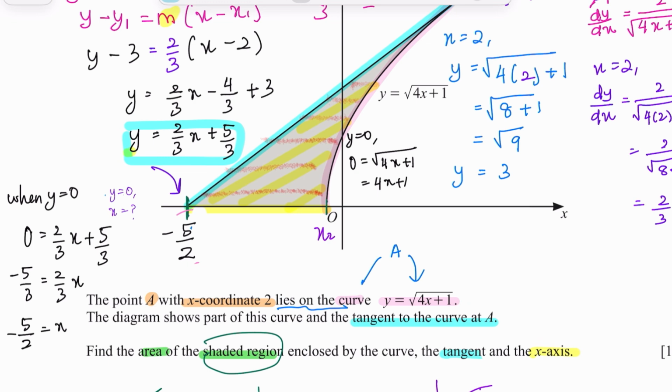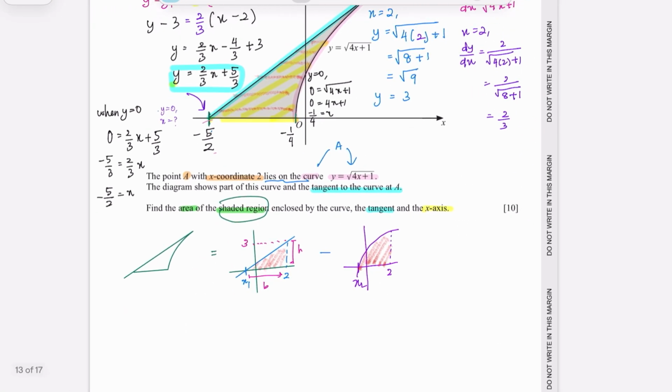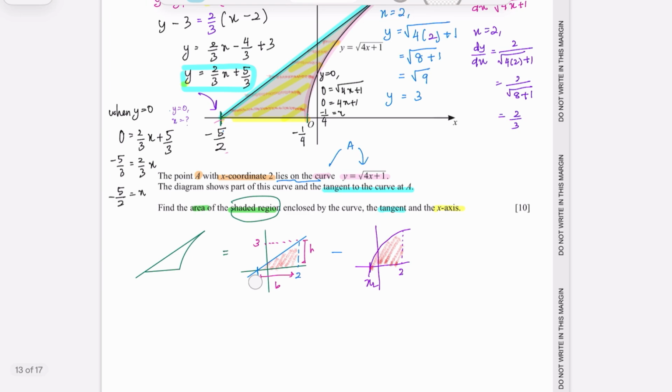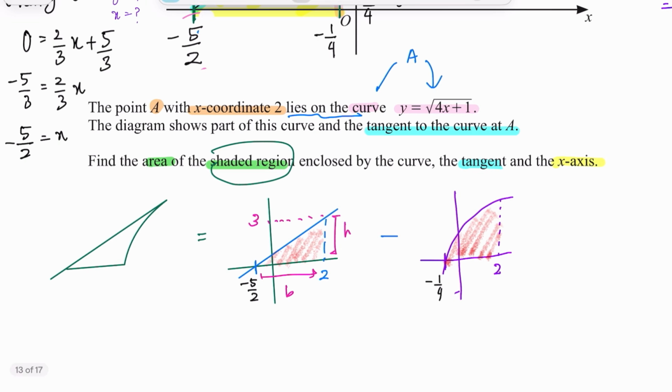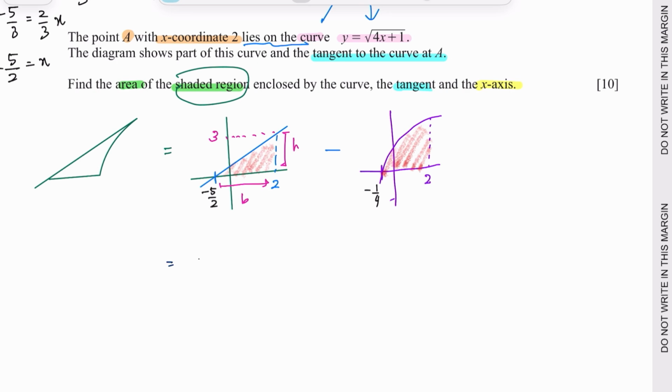4x plus 1 equal to 0, minus 1 over 4 is equal to x. So here, I now have my values: negative 5 over 2, and here is negative 1 over 4. Now, let's substitute into the triangle equation: 1 over 2 times the base, so minus 5 over 2,